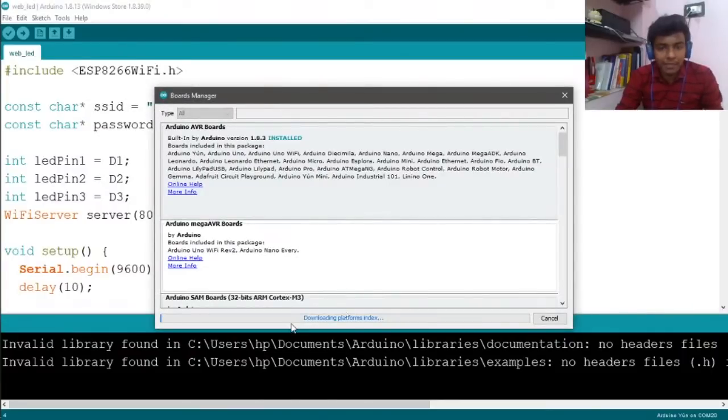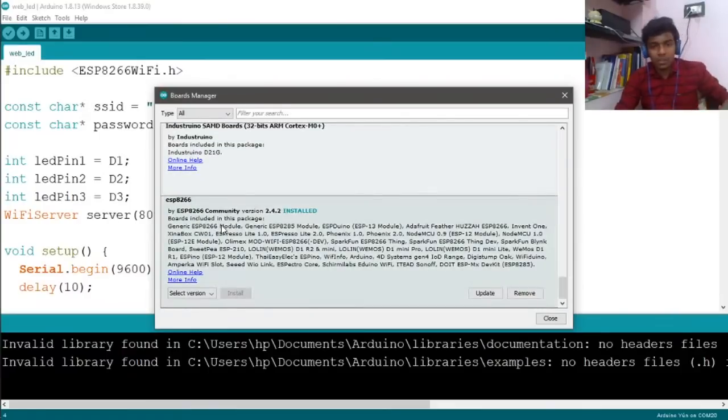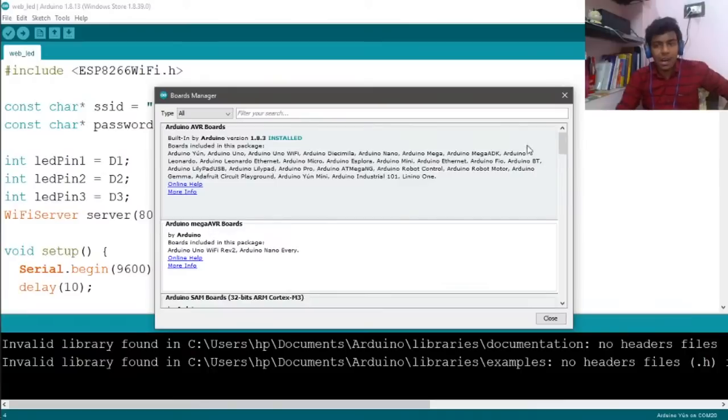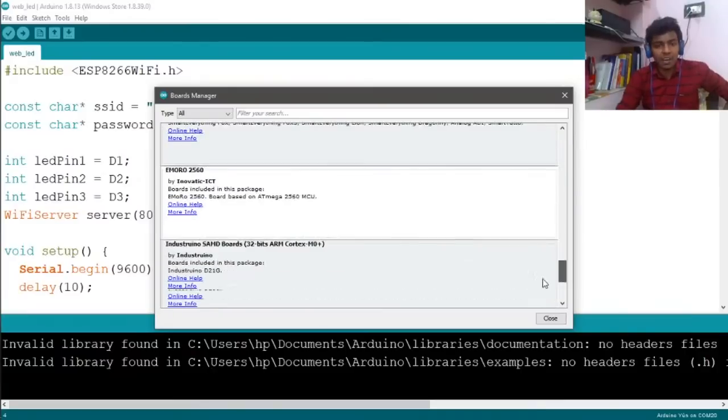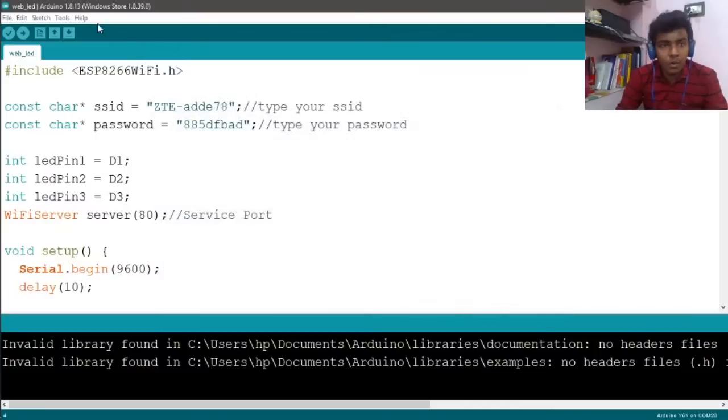On the Board Manager it will start downloading the platform index. So here it now shows the ESP8266 module. This happened because we have loaded that URL. Since I have already installed it, it's now showing installed. Okay, so now if you go to Tools,